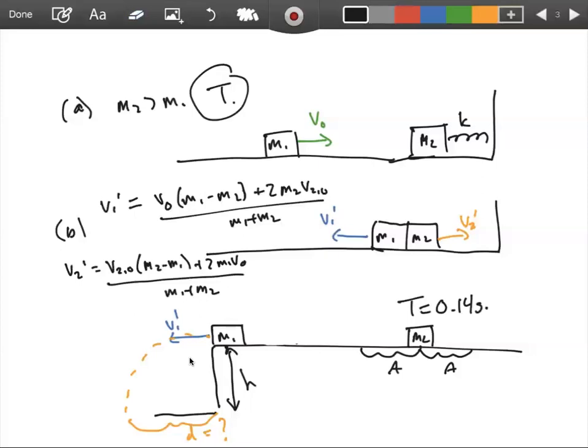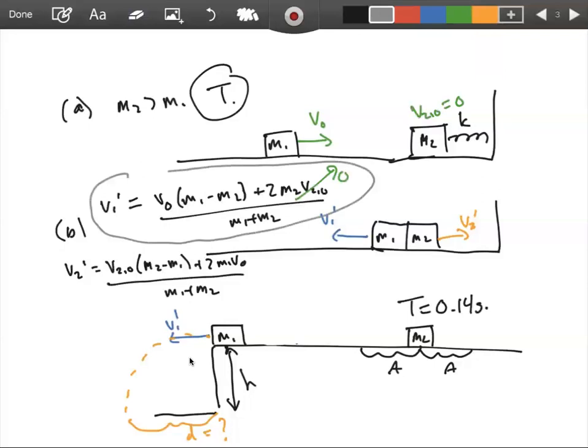So here, since M2 is initially stationary, what that means is that V2 initial is simply equal to 0, which means that this term is going to be 0. So in this case, all we're looking for is the final velocity of the first mass, which means we're just going to use that first equation to determine the velocity after the collision, V1 prime. And then finally for part C,